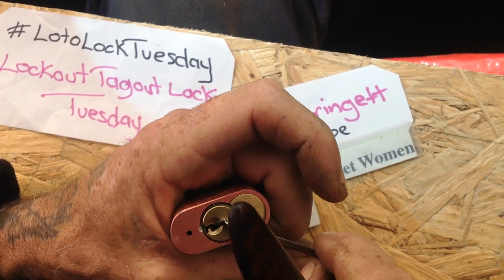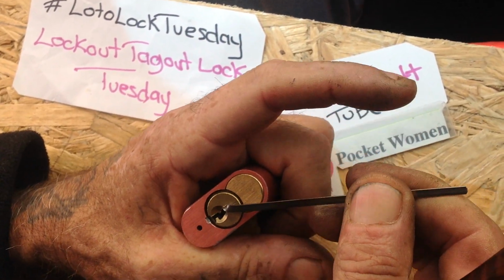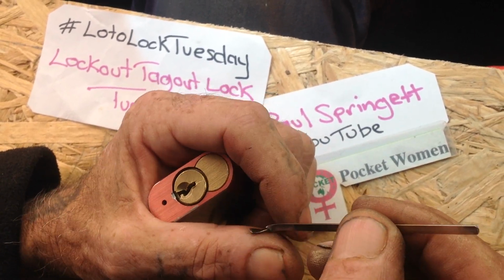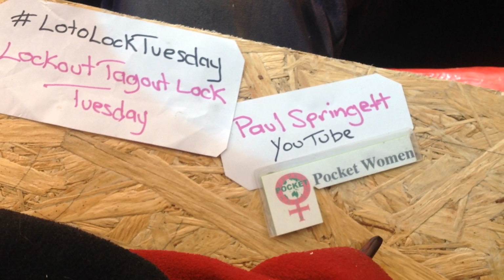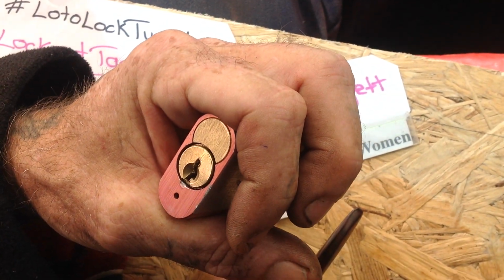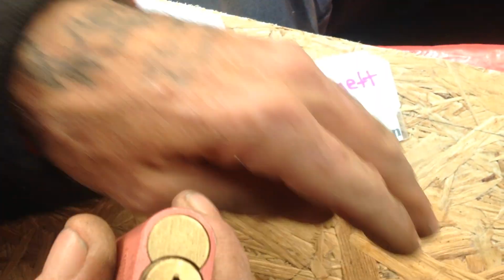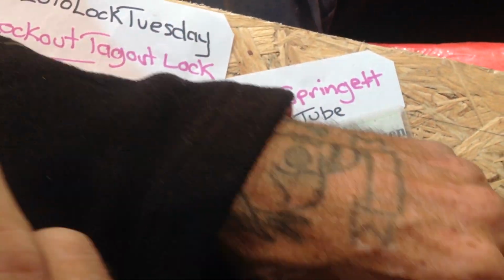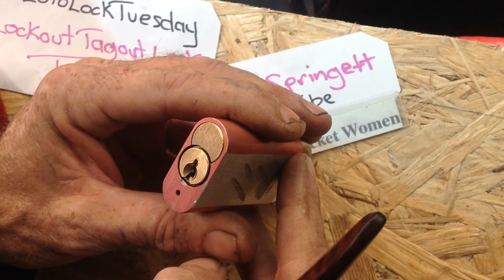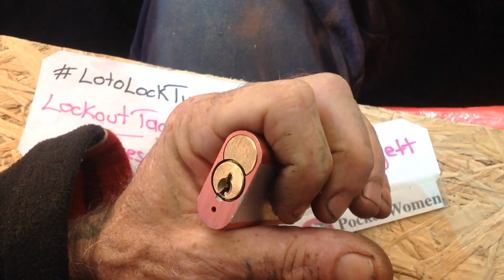Basically I brought these locks along so you can have a feel of them. Let me know what your experience is with them. See what else I could be doing to try and get that open. So, snap gun. That's obviously the best option if you want to get it open quickly. But single pinning, well, I don't know. I'm just finding it very...